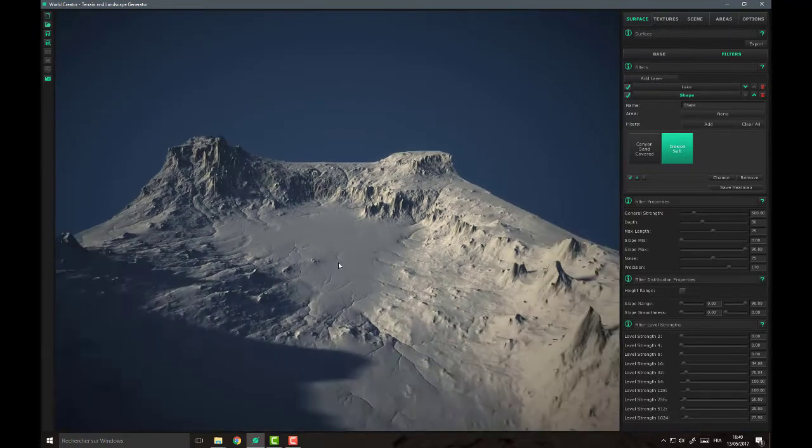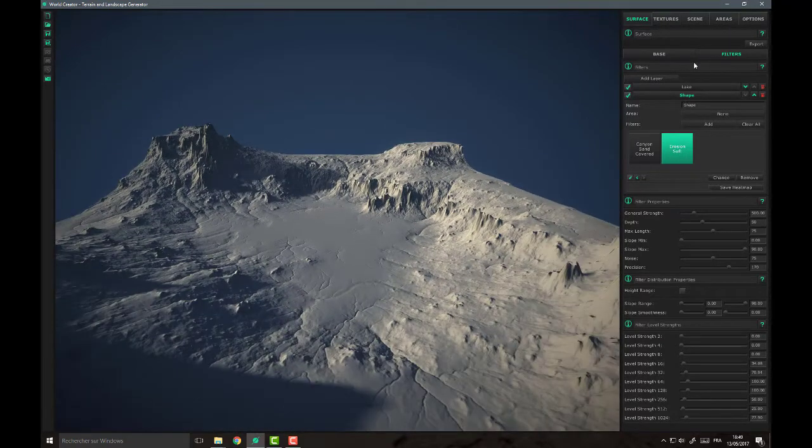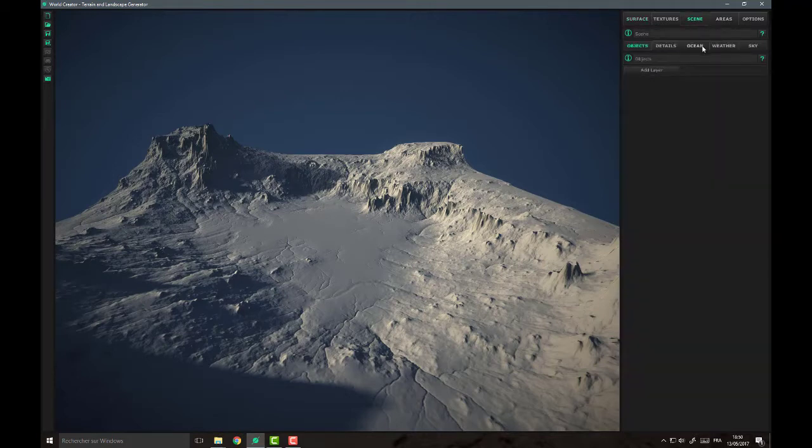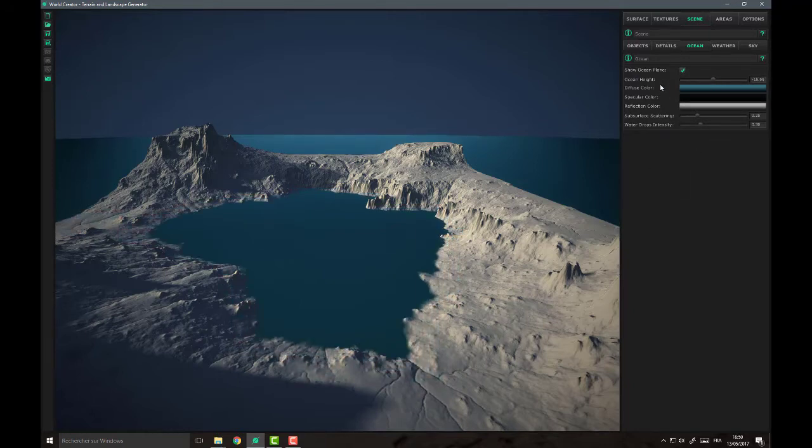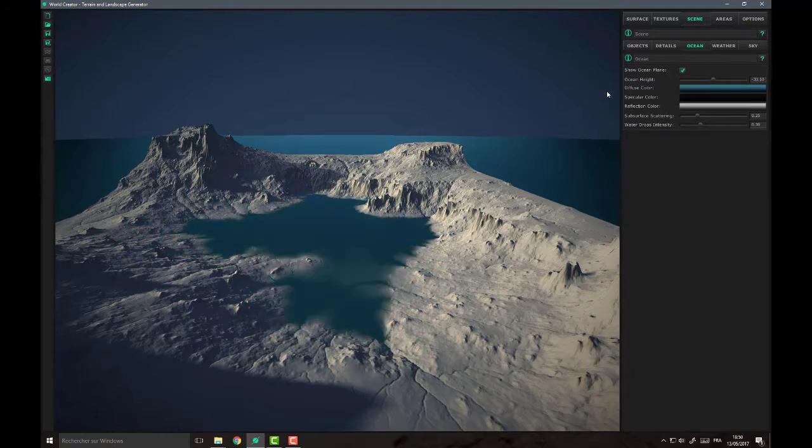So now we have the basic shape. We'll add a lake in the middle of it. We'll use the ocean. Maybe we'll need to reduce the height of the ocean so that the lake only goes in some parts. Now the fun